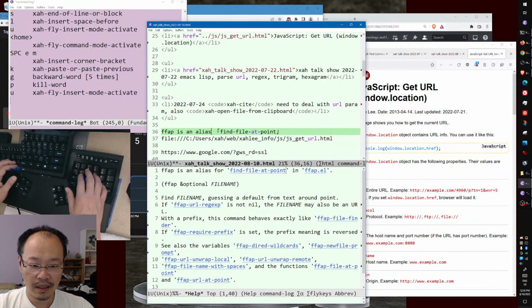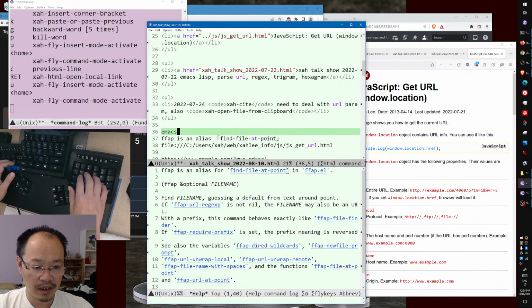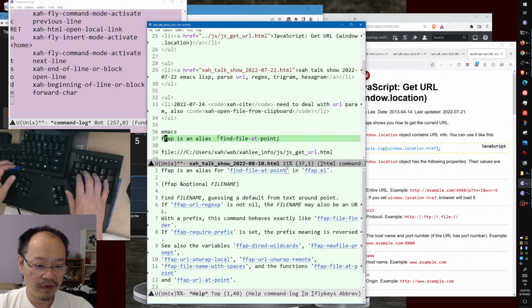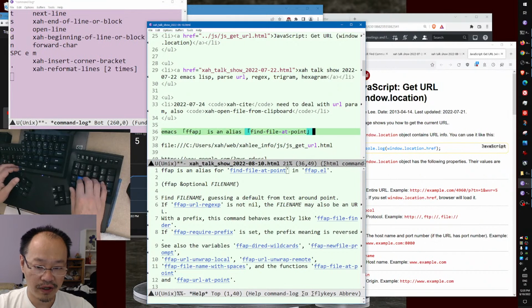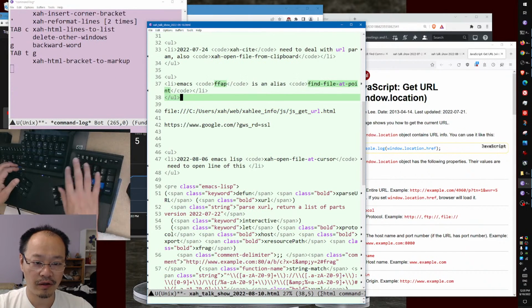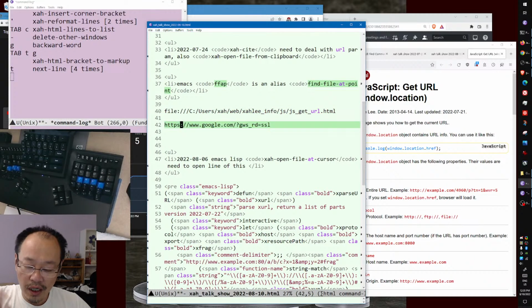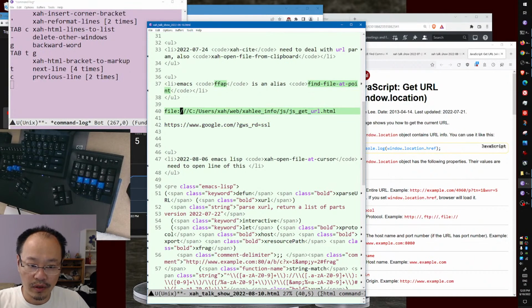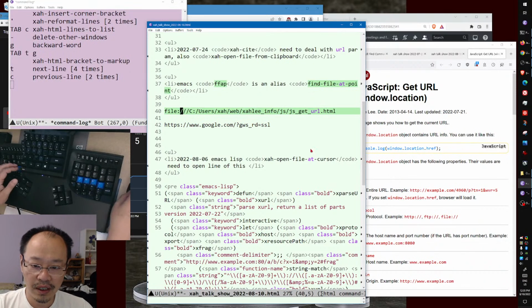FFAP is an alias for find file at point. It just opened the file at the cursor position. Okay, and here are 2 URL examples and local file examples. Now, why do you need to parse the URL? For example, let's